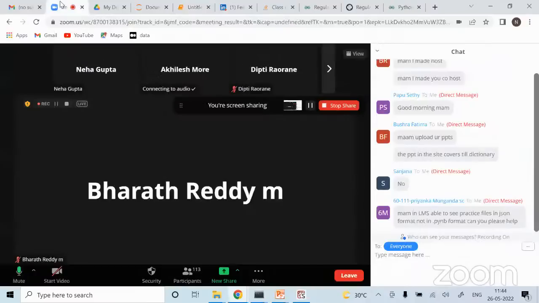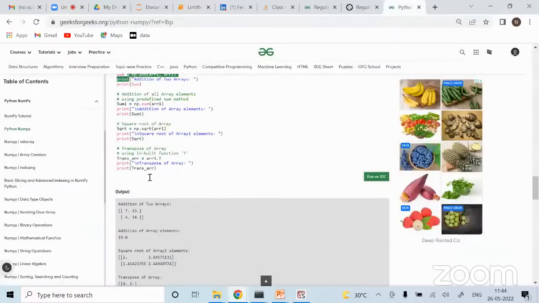That's how you can do the transpose. Any questions? Any questions so far in NumPy operations? No? Okay,